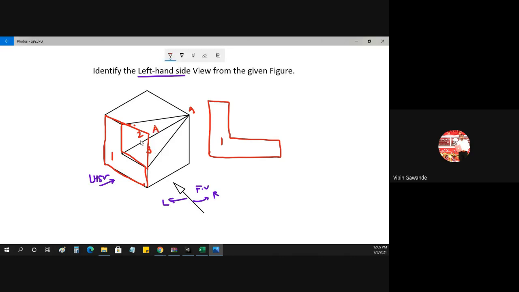Now what are the lines which are going there? The lines are going something like this. This line is here, on the boundary. This line is here, this becomes vertical. This inclined line becomes vertical here. This inclined line becomes horizontal here. And what is the line from here to here? This diagonal line comes in between. So what is our final left hand side view?